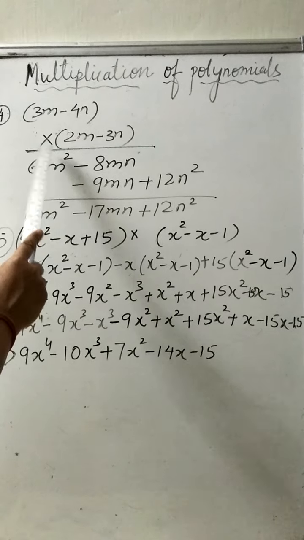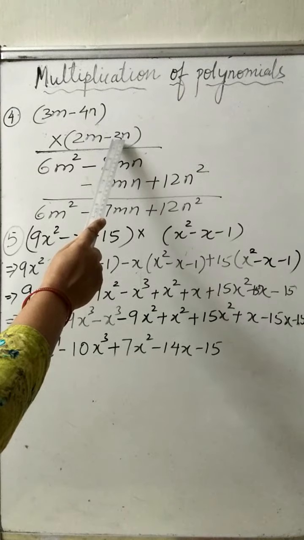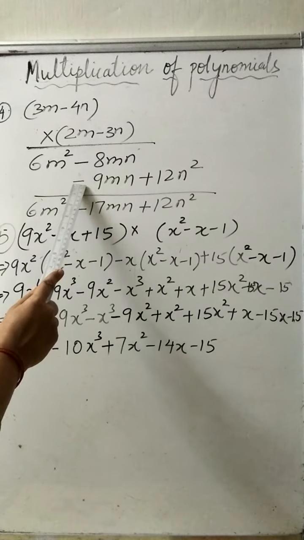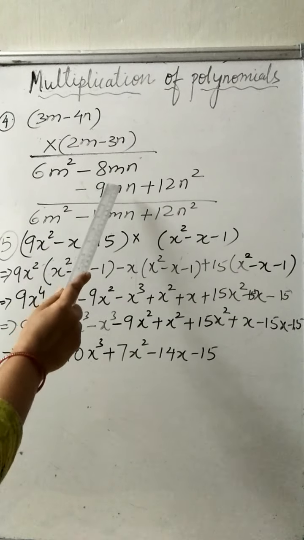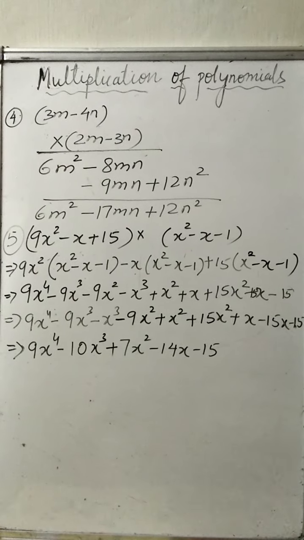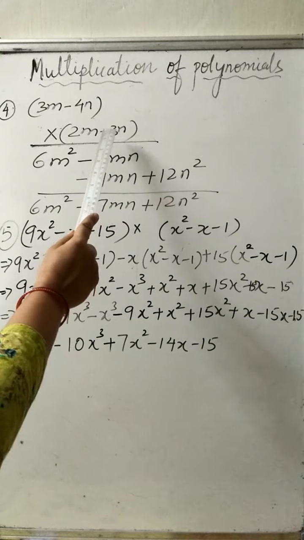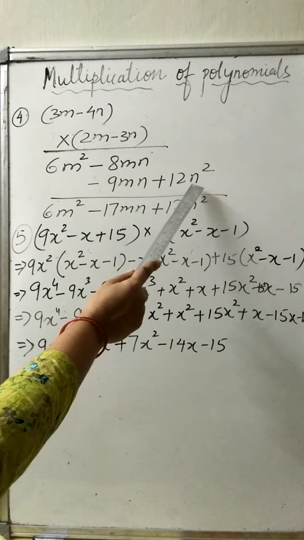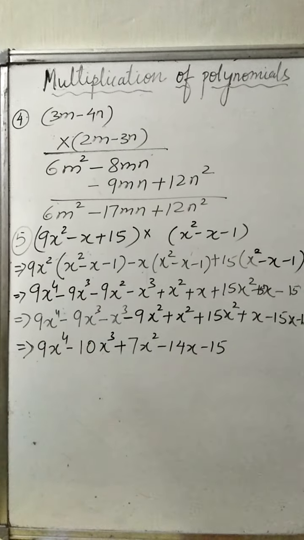Now multiplication is over. You can multiply it with minus 3n now. Here 3 minus 3n is there. So minus, here is sign plus. So minus plus is minus. 3 3s are 9mn. Or if you write nm, then also it is same, because m into n is equal to n into m. So there is no difference in this. So minus 9mn, and then again minus plus 3 4s are 12, n square. Now add them. So when you will add, you will get this answer.